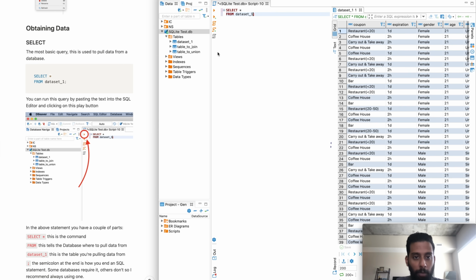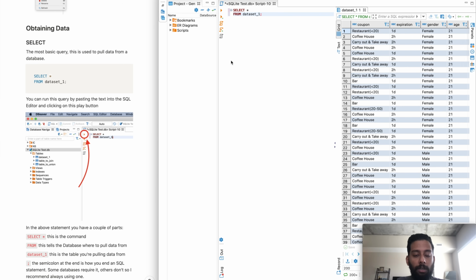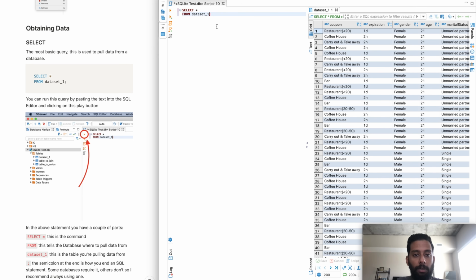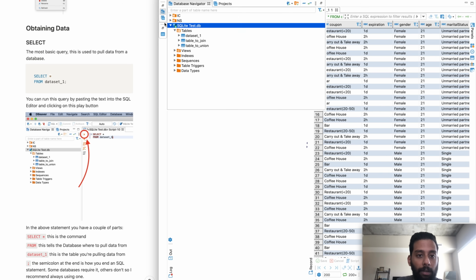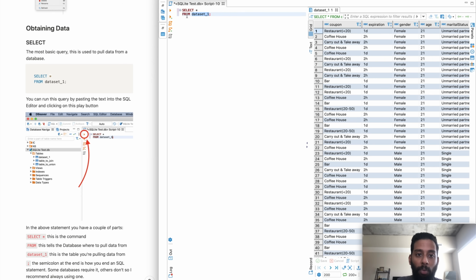In fact, I could probably close this to give us a little bit more room. There we go. Now let me explain what we did. A lot of times SQL queries actually make sense to read from the bottom to the top, not the top to the bottom. So we looked at dataset 1, which remember was a table. You can see over here, dataset 1, that was a table. So we opened that, we said go into, so from dataset 1,